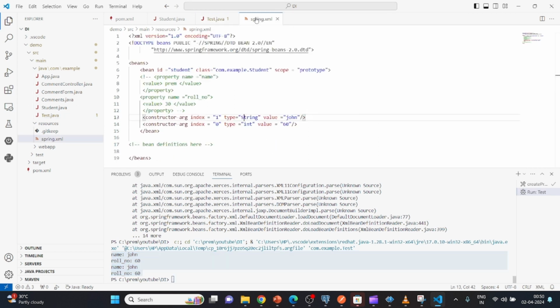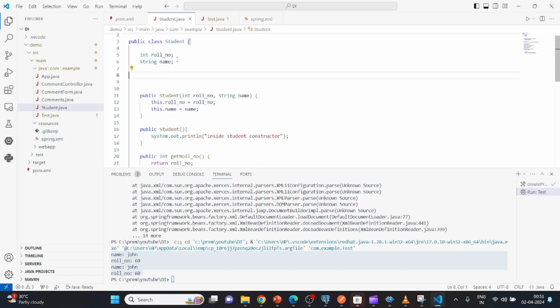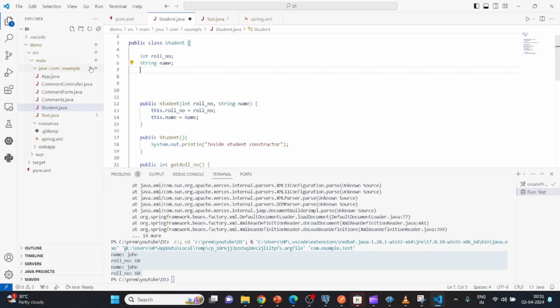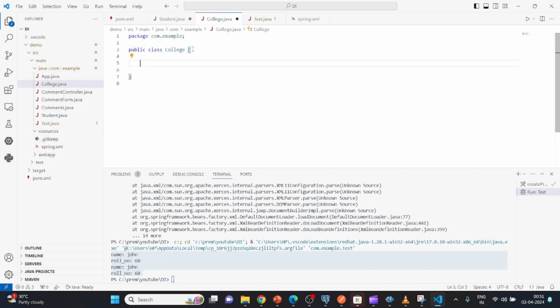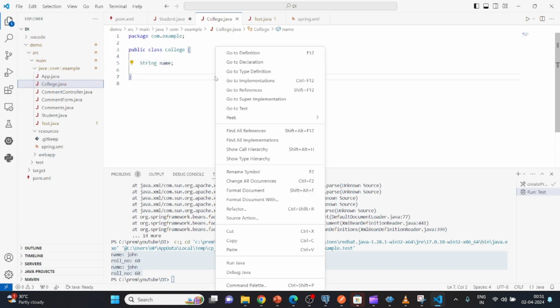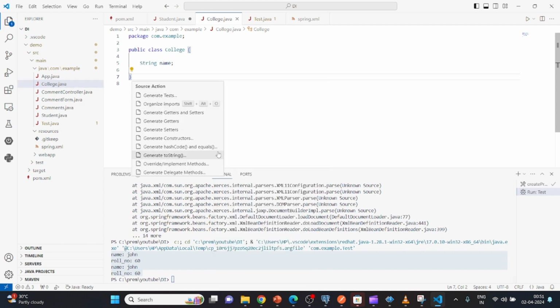So we can see we can inject the dependencies in two ways. One is through getter and the other one is through the constructor. What if it has a reference of one more object? For example, let us create one more class called College, and it has a variable called name. Let us create getters and setters and go to